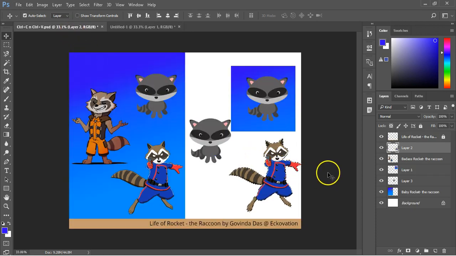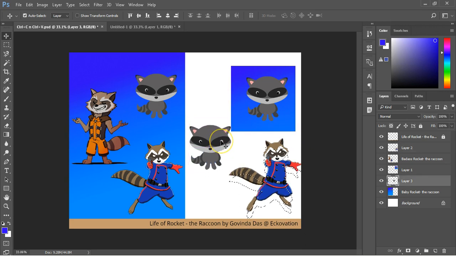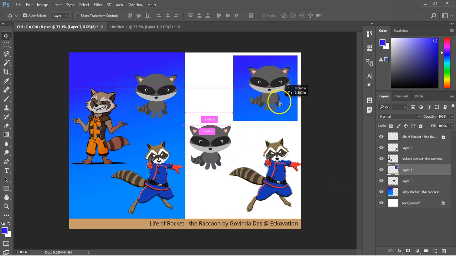Go back to the lifecycle of rocket file and select multiple artworks. If you have watched the trick or treat video or gone through that PDF file, you might remember that you use the Shift key or Control key to select multiple layers. So use that trick to select all the duplicate layers that you see on the white canvas.